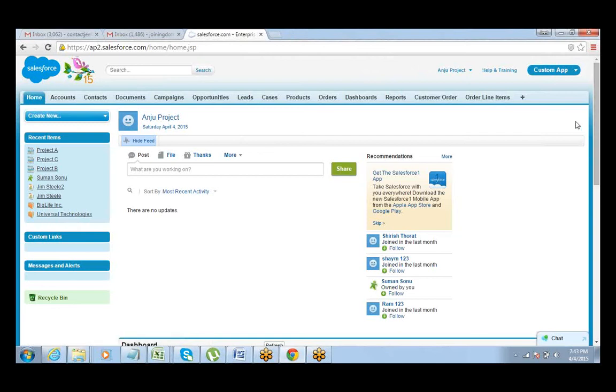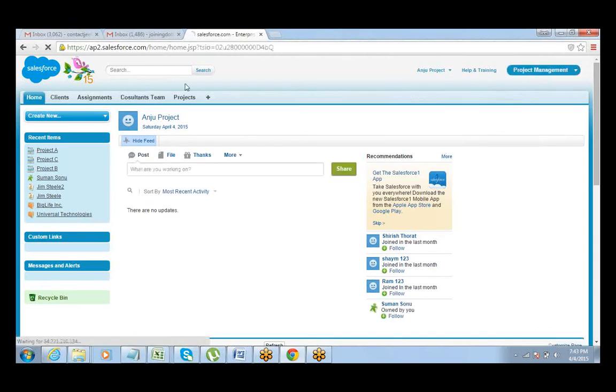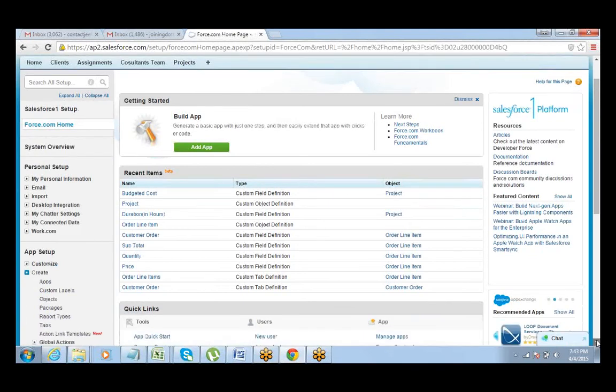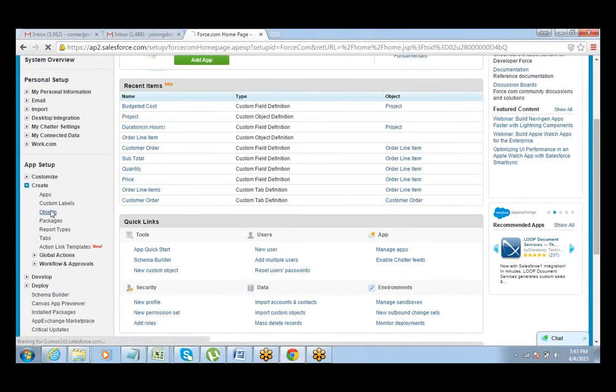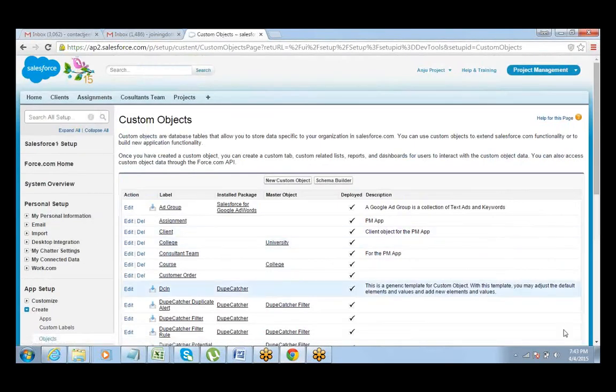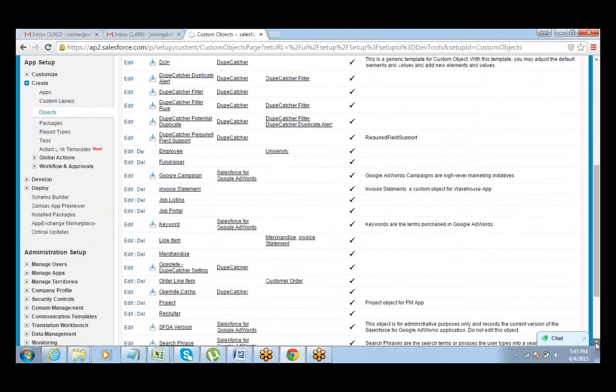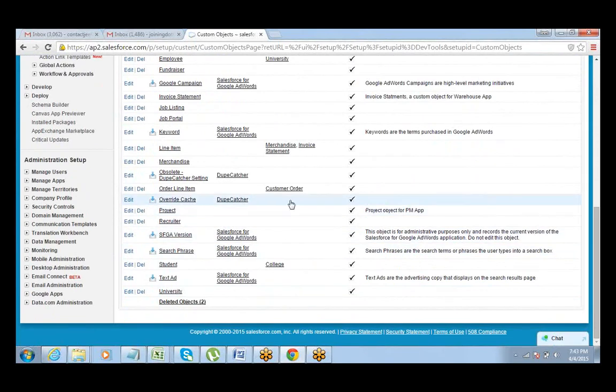Right. So we're going to put the validation rule. My validation is going to be on which object? The project object, right? So we'll put a validation rule on the project object. To do that, you just need to go to setup, create object, and select the project object.